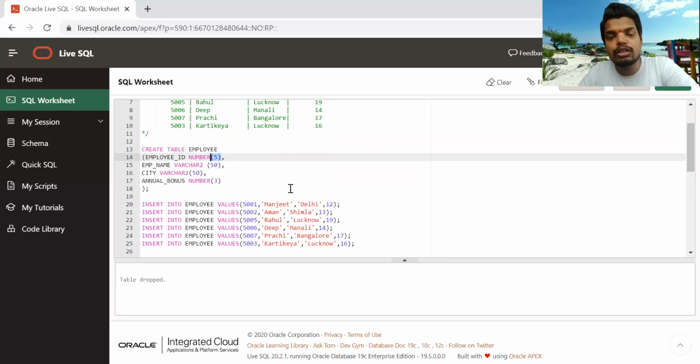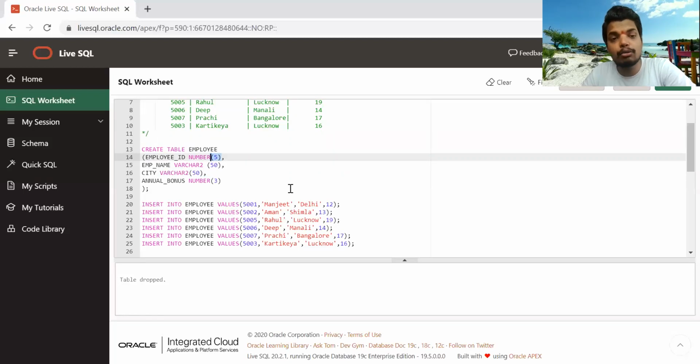We are pretty sure that employee IDs will go up to a maximum of 5 digits, so the size would be the number which has 5 digits, that is 99999. That's why we have mentioned 5.